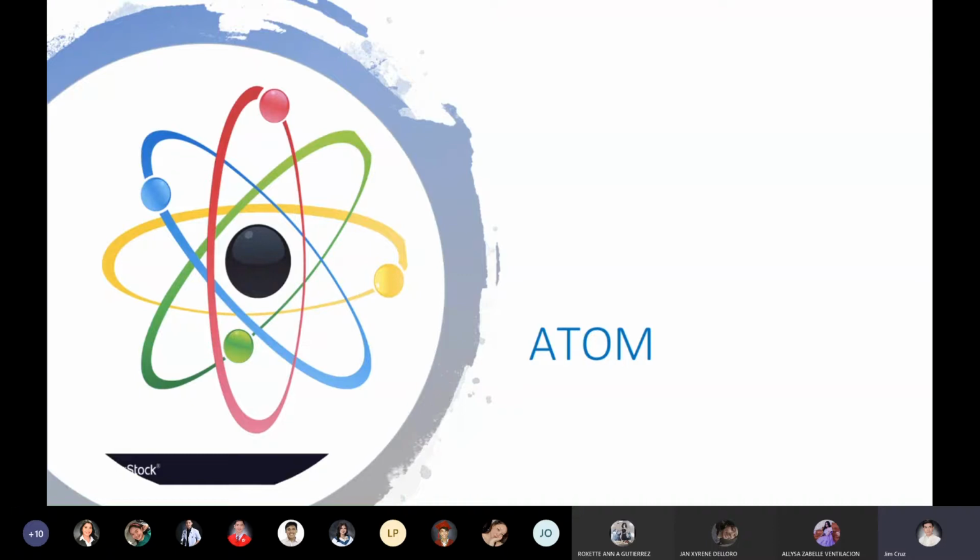The fire is made of fire particles, the air is made of air particles. The earth, or everything solid, is made of earth. And water is made of water. Any liquids is made of water. So yun. Kasi before, they don't have